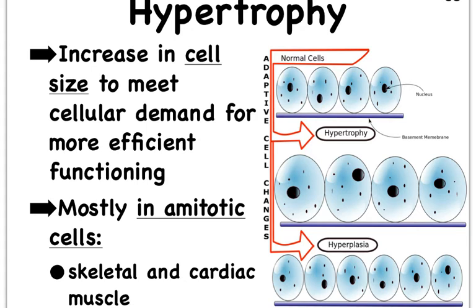I gave you examples earlier already, skeletal muscles hypertrophy, but so does our heart muscle. In many athletes, I'm talking about professional athletes, they might have a hypertrophied heart. Again, just like in skeletal muscles, it's not because more cells are made. Nope, we're not discussing hyperplasia, we're discussing hypertrophy. So literally more and more and more proteins are synthesized in these cells so that they grow bigger and bigger and bigger.